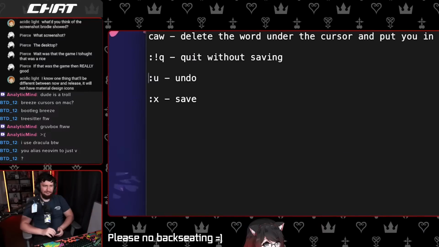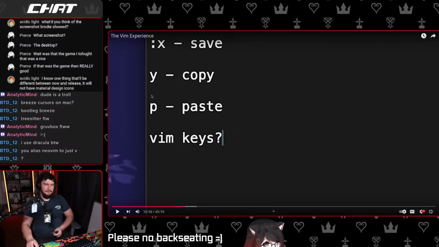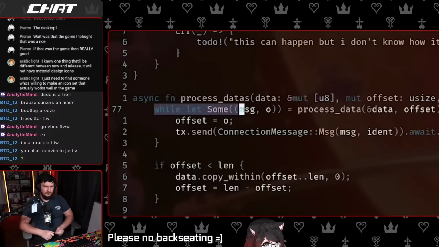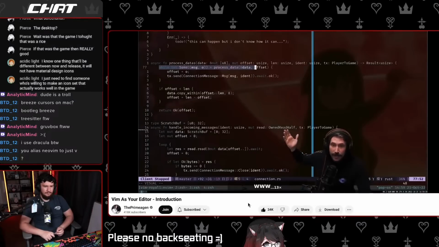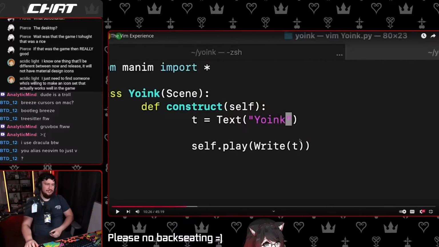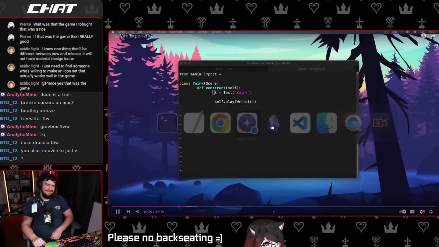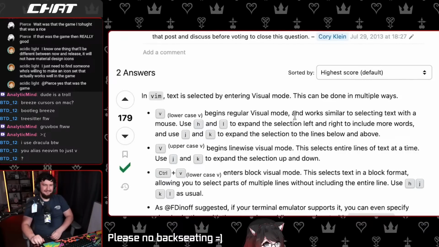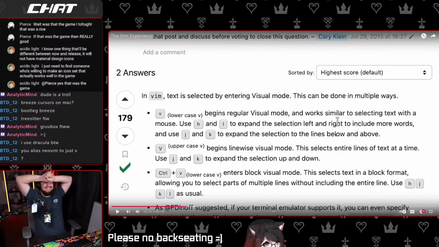So no, turns out you can actually copy with Y and then paste with P, probably. Also, what the hell are Vim keys? This is, yeah, I always change the way buffers work in Vim so you can actually copy and paste from sensible locations. Wait, how did he highlight stuff? So I can press W, and you'll notice that it's like highlighting as it's going. I can highlight with W, or can I? W just jumps to the next thing. Why don't you watch the video that you're talking about? Ooh, jumps to the next thing. So how do I select stuff? V, lowercase, begins regular visual mode, and we're... He was literally watching the video and just like didn't pay attention to the video.